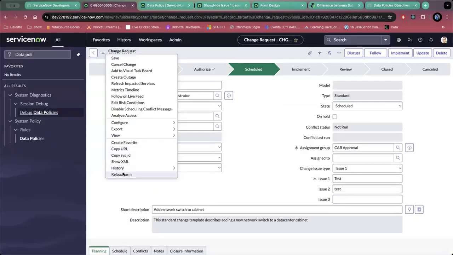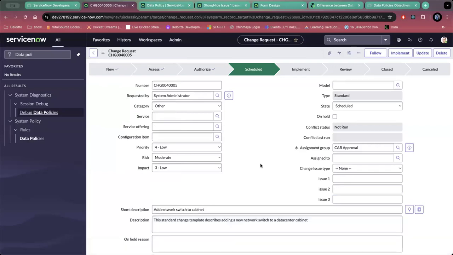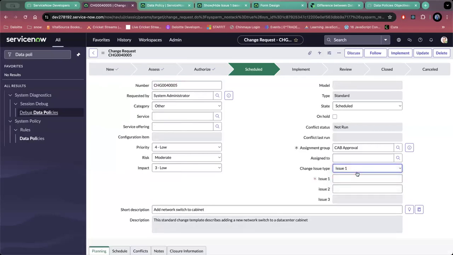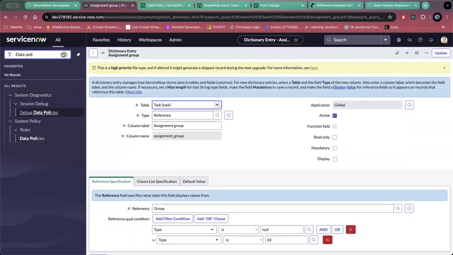Let me reload this form and leave the changes. So if I select issue one, you can see this is happening. And same thing, you can test it, but if you go on a list view for a change request,